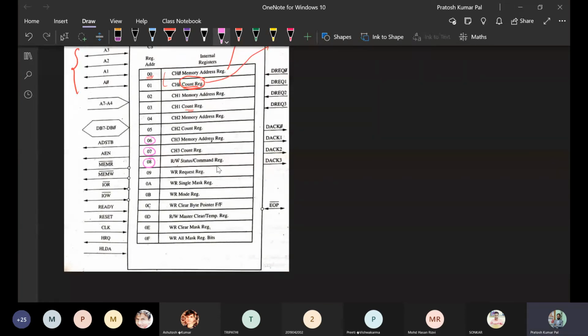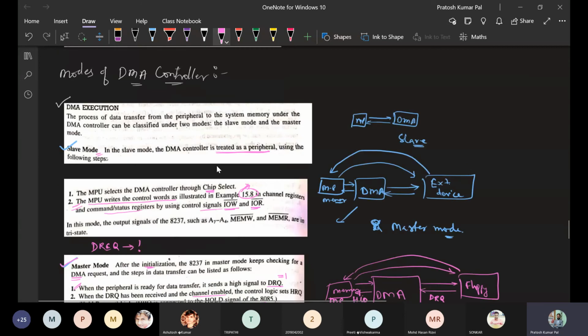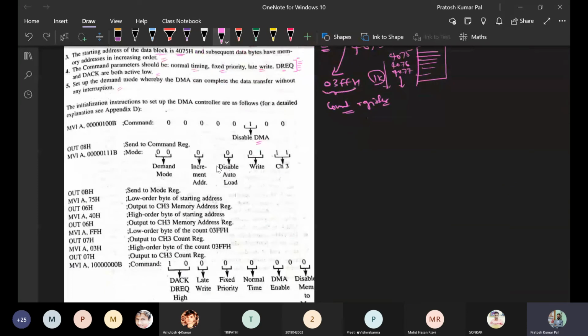We will be sending the first one. This is the command to disable the DMA, and this disable command will be written here. The data we provide is in the form of bits, so 8 bits need to be provided to the accumulator. So we will use the MVI A command, moving this data to the accumulator.